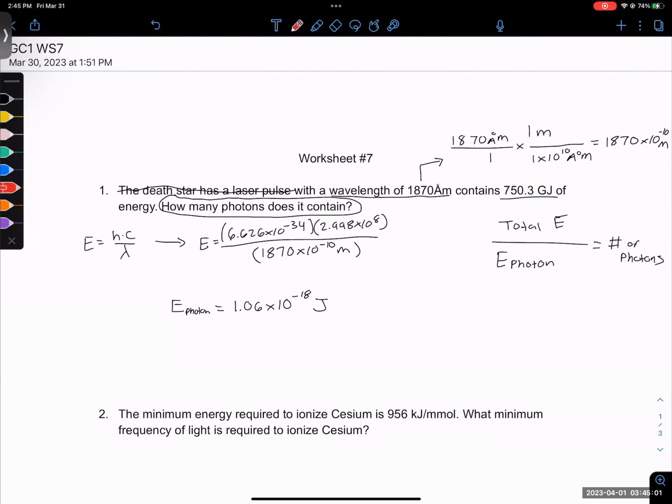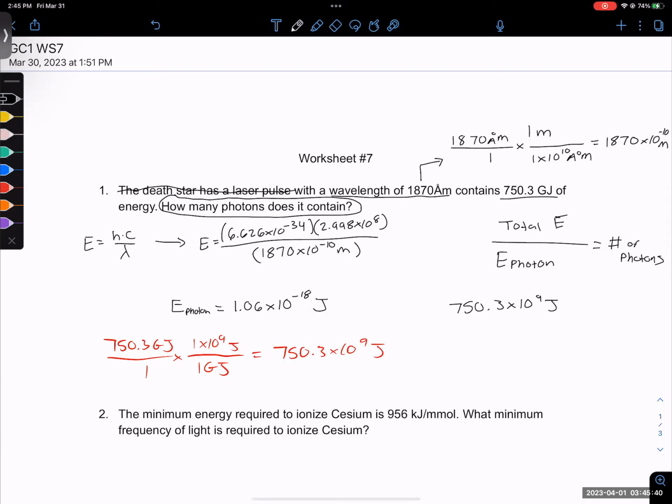So I'll do that in red over here. So 750.3 gigajoules. Let's see. There is 1 times 10 to the 9th joules in 1 gigajoule. Pretty sure that's the conversion factor. Let me know if I made a mistake. And that would give you 750.3 times 10 to the 9th joules. So now all we have to do is divide. So 750.3 times 10 to the 9th joules divided by 1.06 times 10 to the negative 18 joules per photon